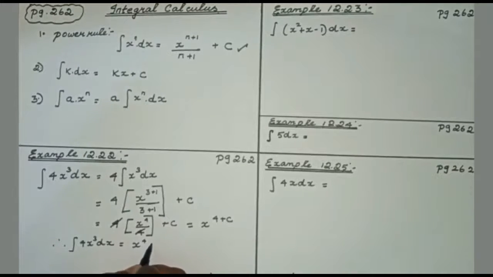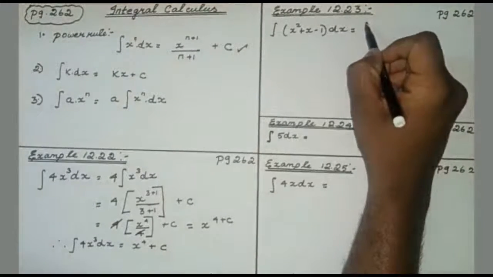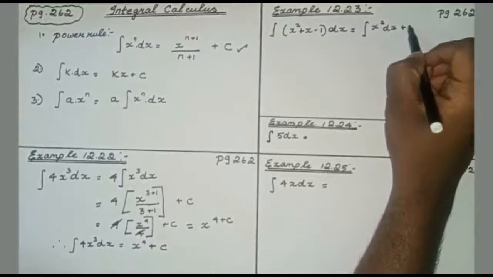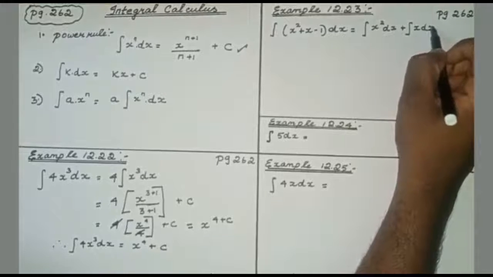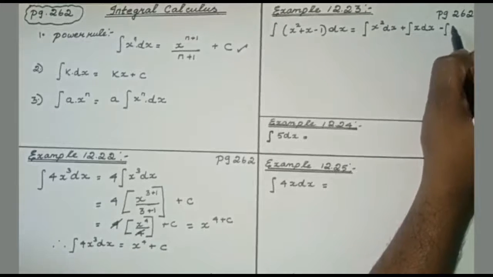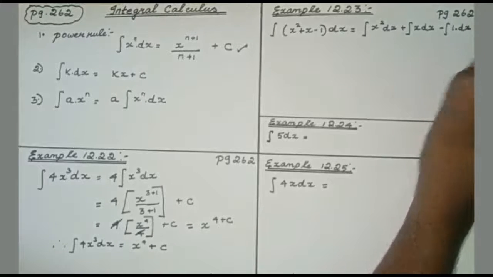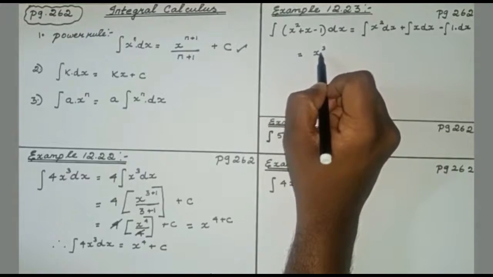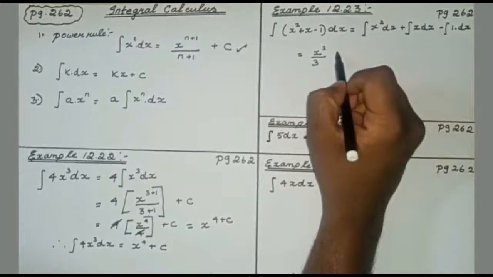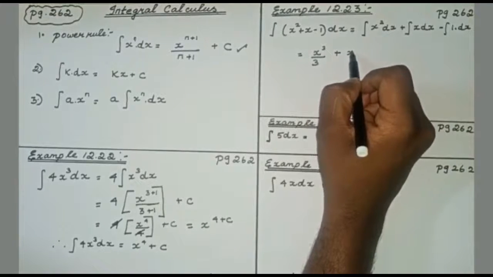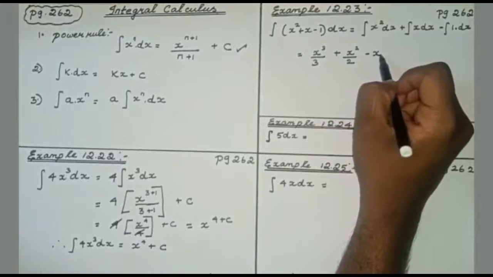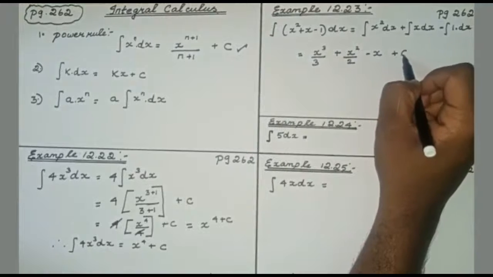Now, very similar to this sum, we will move to example 12.23. But in this example 12.23, there is a combination, that is a mixture of variables under the integral. We have to just split it into 3 parts as x square dx, x dx and minus 1 dx. Coming to the first part x square, integrating x square will give x cube divided by 3, and the next, integrating x will give x square divided by 2, and the third part is quite important because here it is known to be 1.